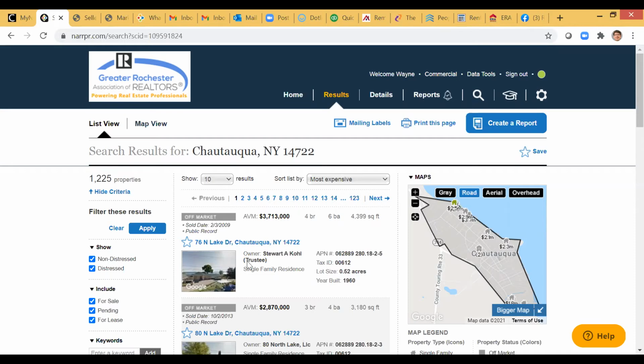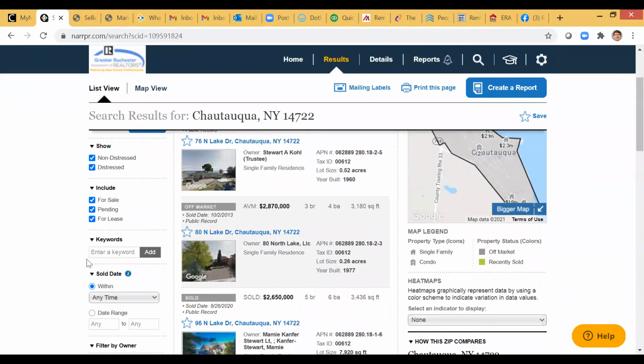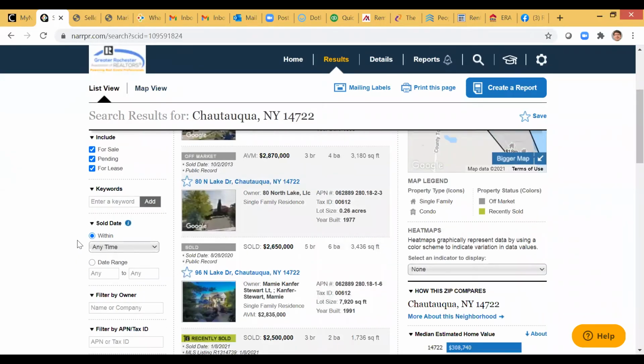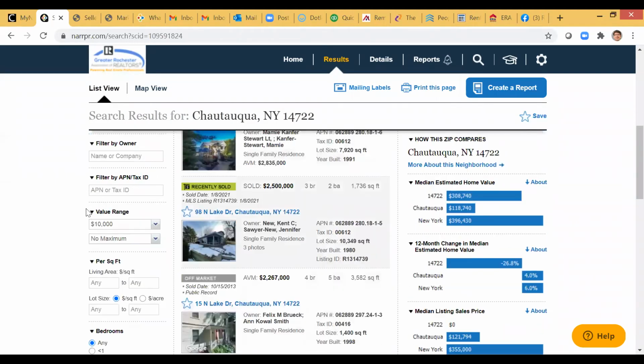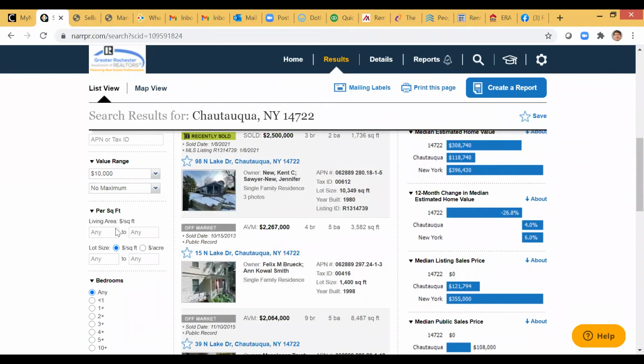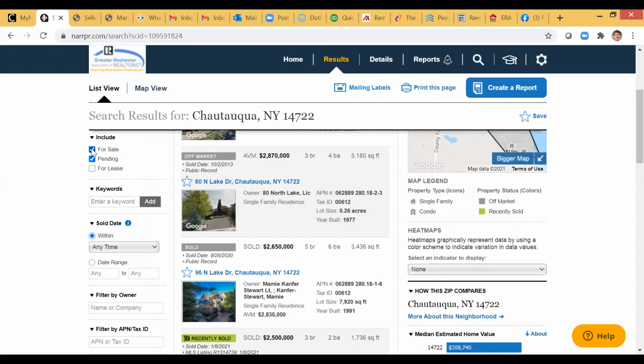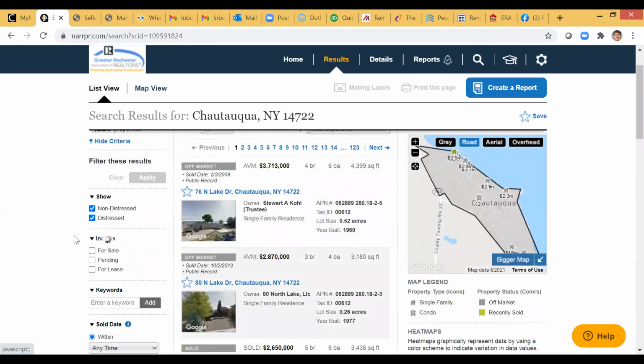Now, with this, I can create a report that will run one just like the one I showed you. I can go, well, let's see if we can tweak this a little bit. Anything on this left-hand side I'm tweaking, like, well, I don't want leases, I don't want pendings. But those are included along with every property in the market. If I said, look, I want everything off market because I'm trying to go after some properties, if I did something like that,